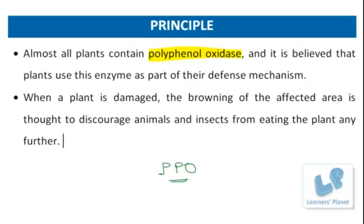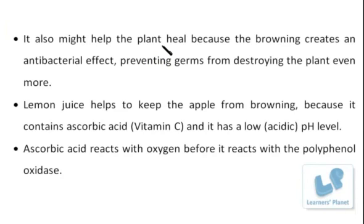So we can say that when a plant is damaged, the browning of the affected area is due to this enzyme, polyphenol oxidase. And what is the disadvantage of this browning effect? It is that it discourages the animals and insects from eating the plant any further. Besides these, it also might help the plant heal because the browning creates an antibacterial effect, preventing the germs from destroying the plant even more. So this is the basic property of polyphenol oxidase, which creates the browning in a plant, and that is why we can also say the advantage of this enzyme is that it creates an antibacterial effect which prevents germs. So what we are going to discuss here is all about the lemon juice,